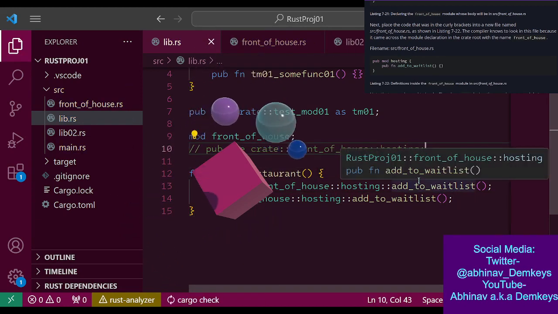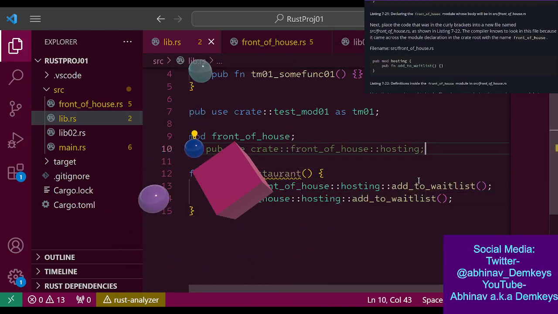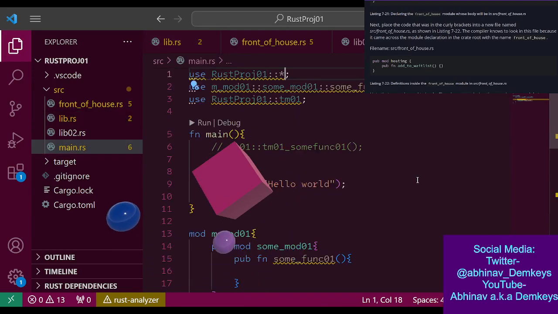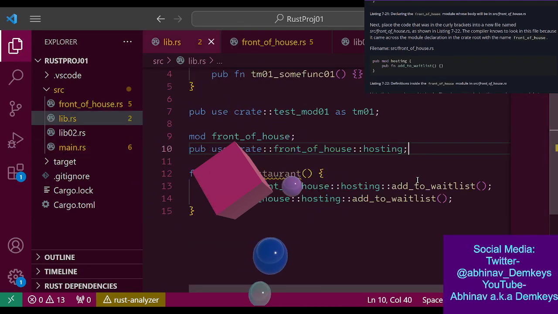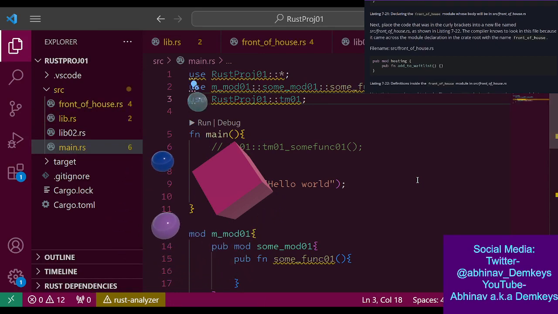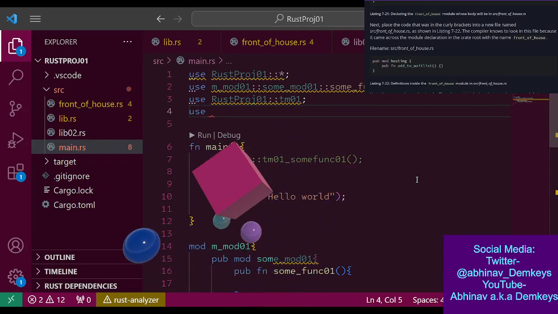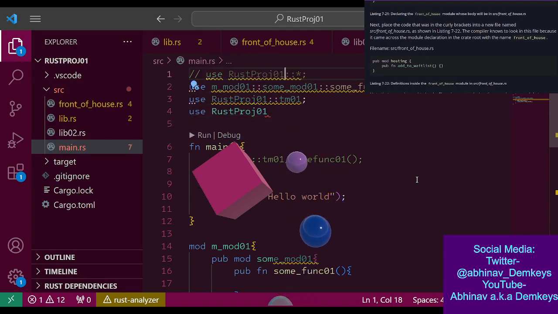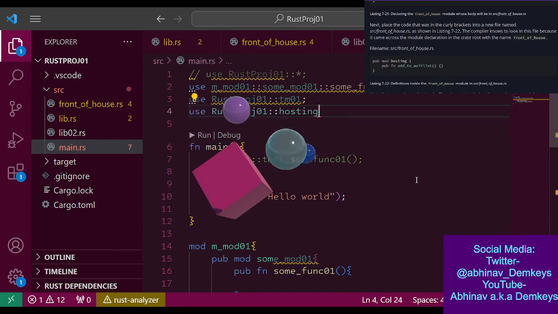What happens if I still need public use here, or is the public use mainly only for libraries, or is it only for code that's trying to access this module externally? So if I did this here, then I would be able to access hosting from the outside. So we can say use, what is it called? Rust project. Let's get rid of this. Rust project. And yeah, okay, we have hosting right there. How do we have hosting right